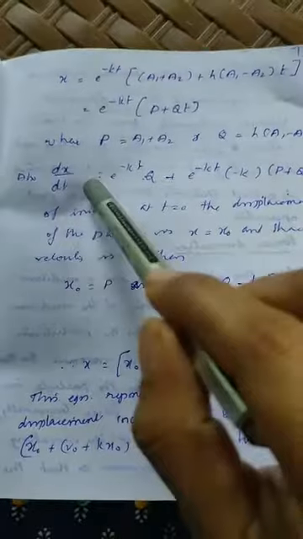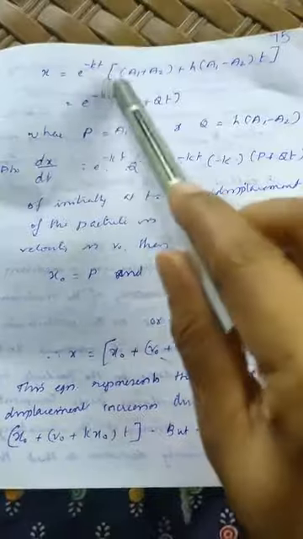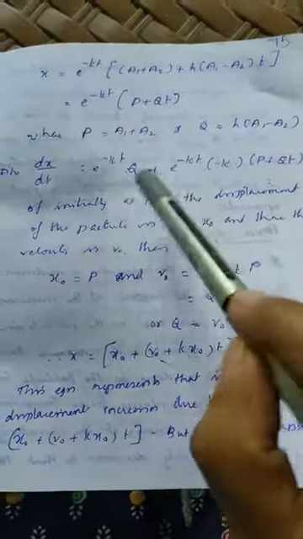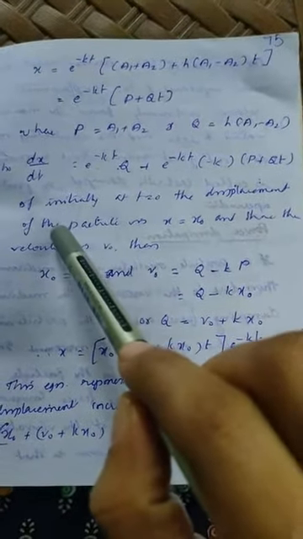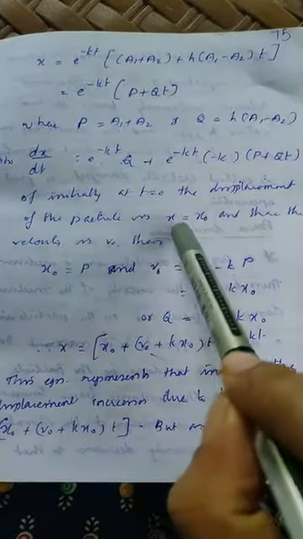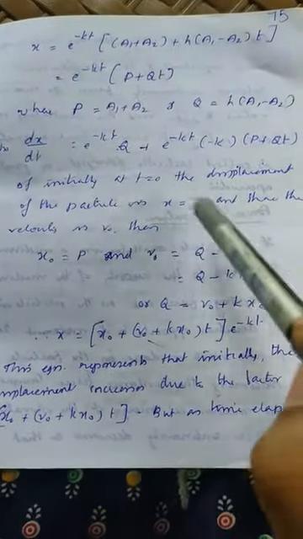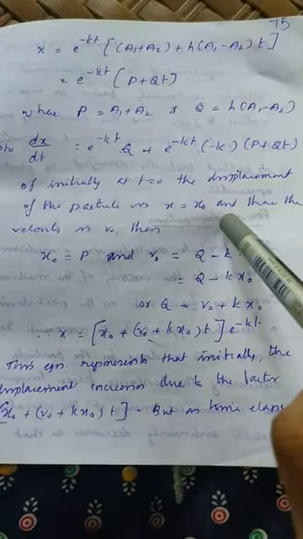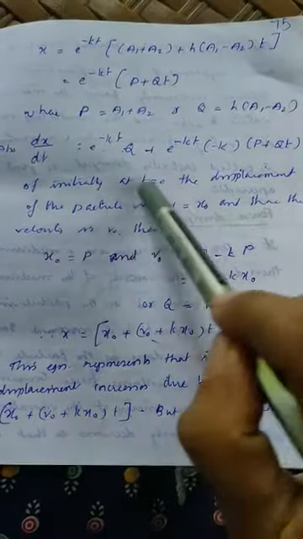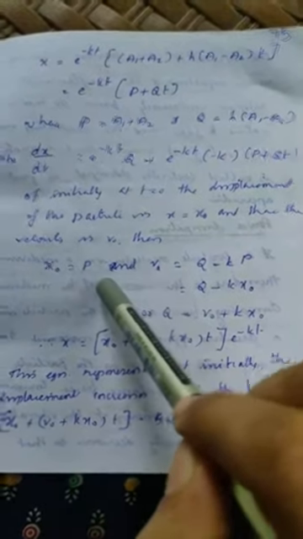Also, from x, dx by dt, this equation we can write it, that is, differentiating this equation with respect to t, we can write it like this. If initially at t is equal to 0, the displacement of the particle is x is equal to x0, and the velocity is v0. So these are the initial conditions: t is equal to 0, x is equal to x0, and v is equal to v0. If we are putting these conditions,